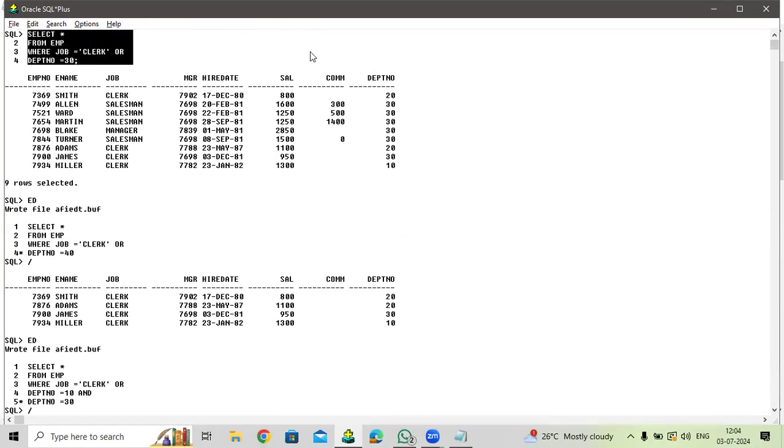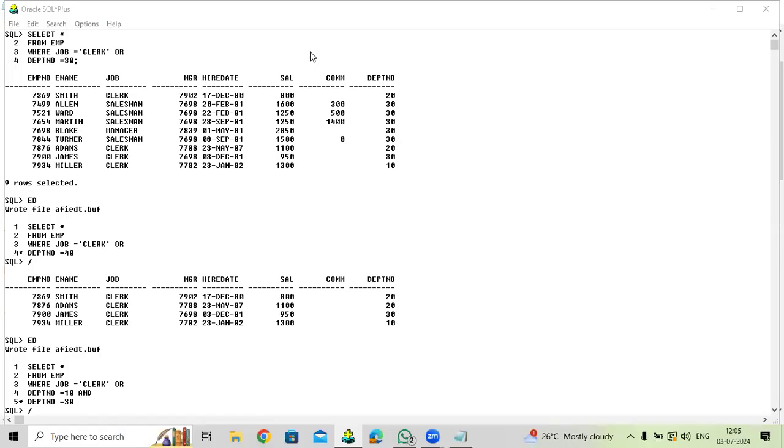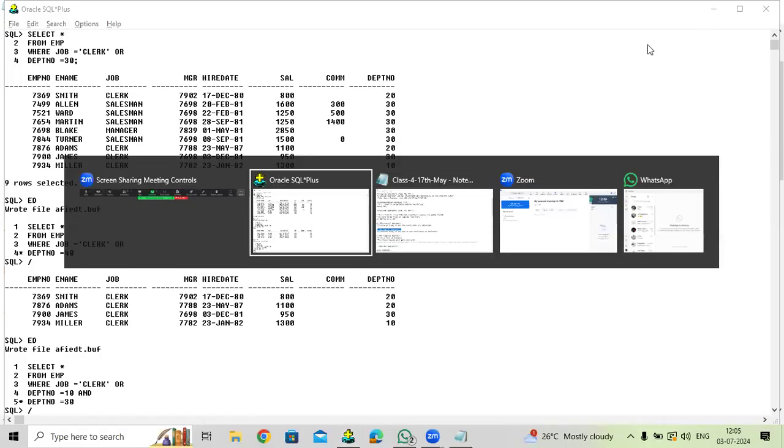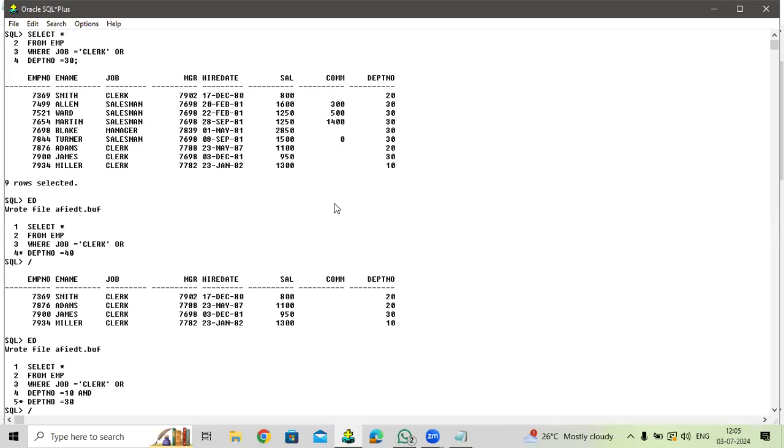Copy this one. Copy the next query. Write a query to display details of the employees